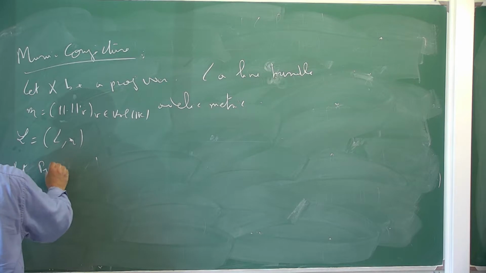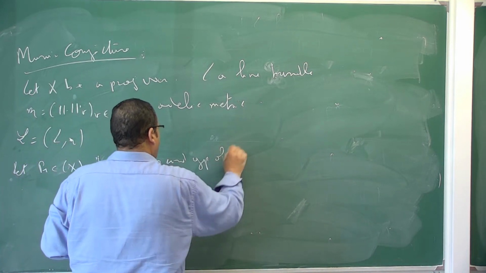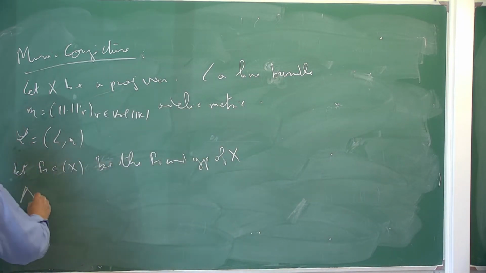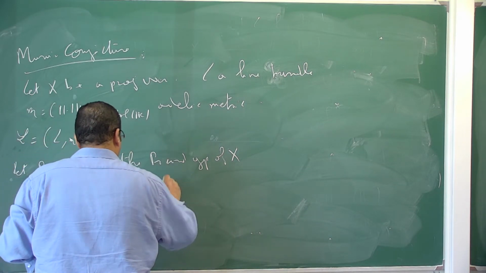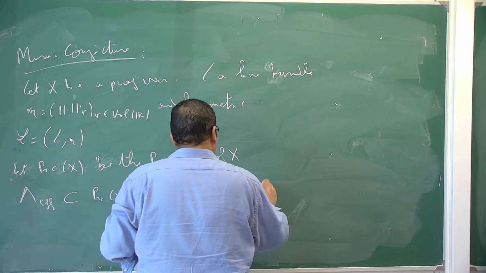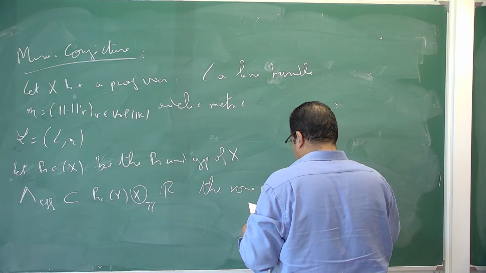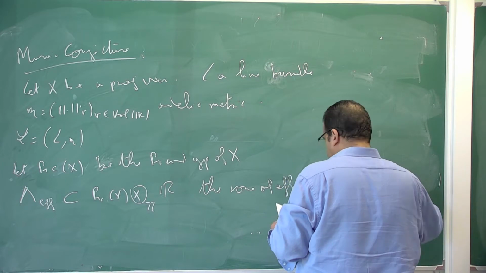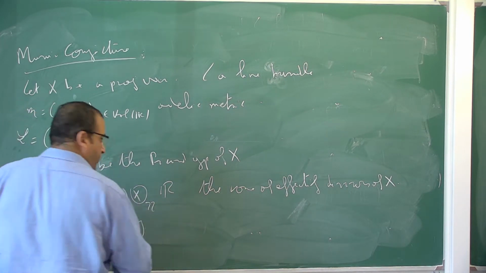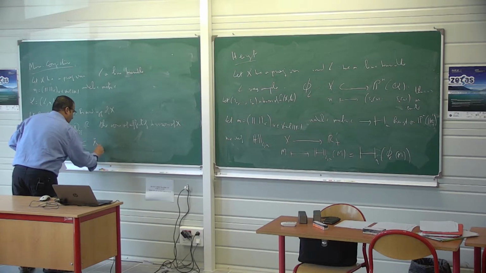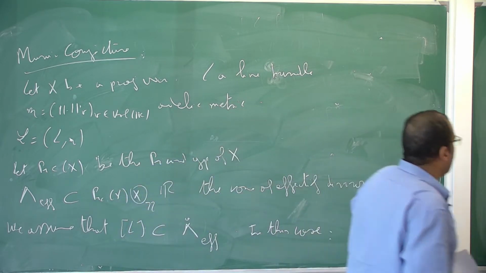Let Pic(X) be the Picard group of X, and Lambda_eff, which is included in Pic(X) tensored by R, the cone of effective divisors of X. We assume that the class of this line bundle in the Picard group is in the interior of the cone of effective divisors. In this case, there exists